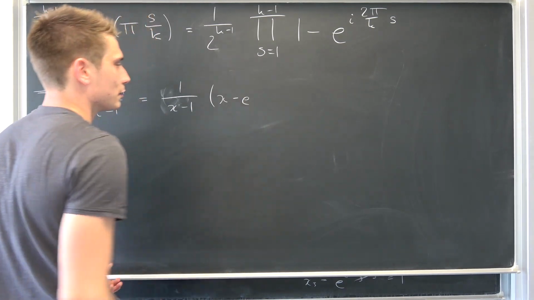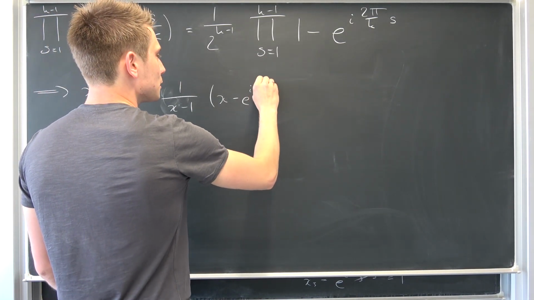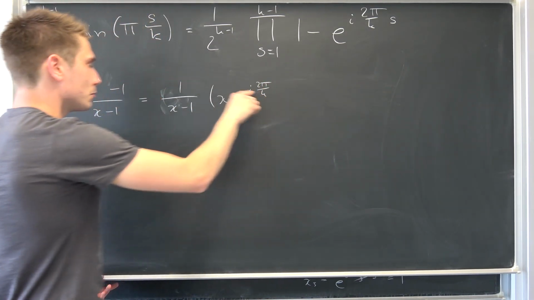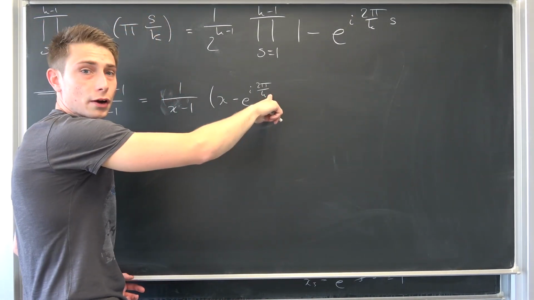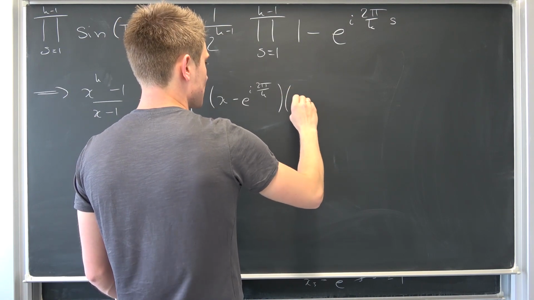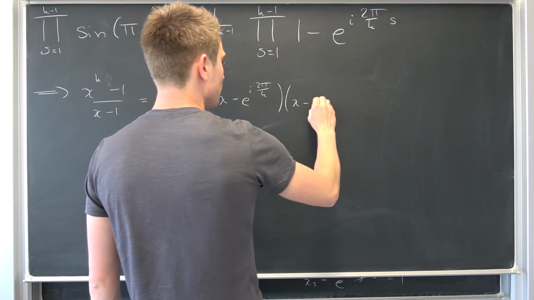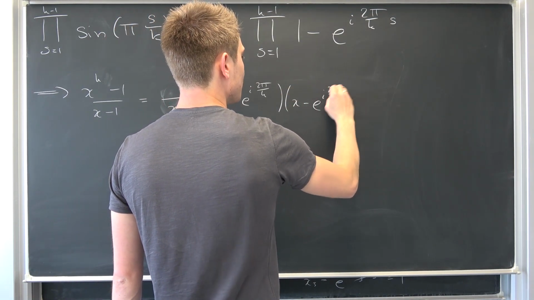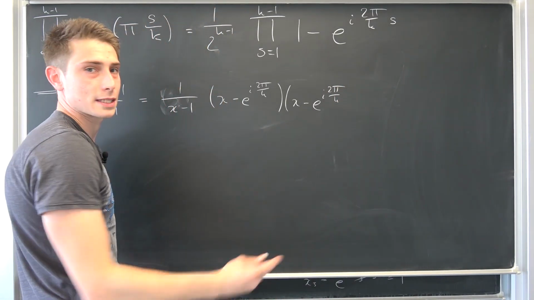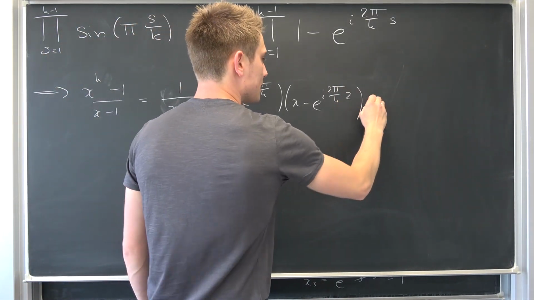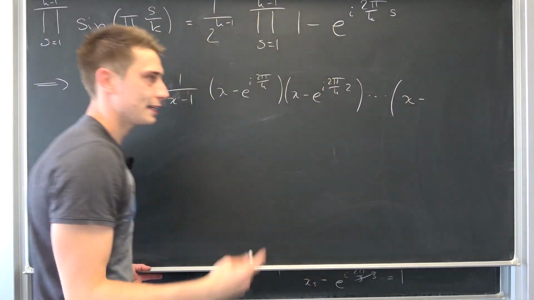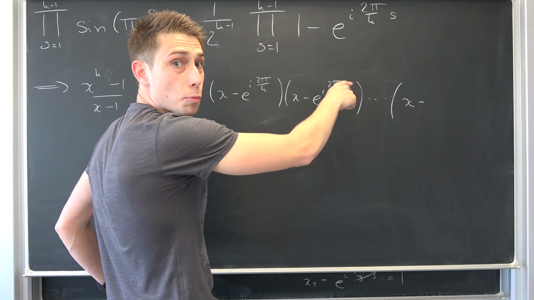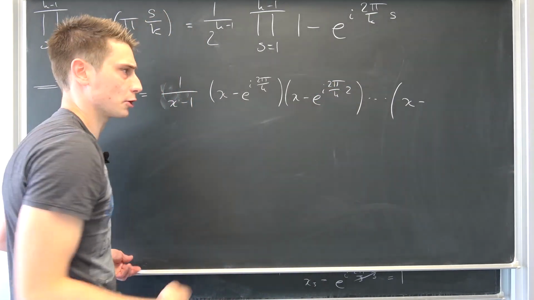So this is going to give us e to the I 2 pi over k, we have a kth degree polynomial, don't forget that, times 1, okay? This is just how it is. Then times the next one, x minus e to the I 2 pi over k times 2. And so on, up until x minus e to the I 2 pi over k times k, corresponding to our